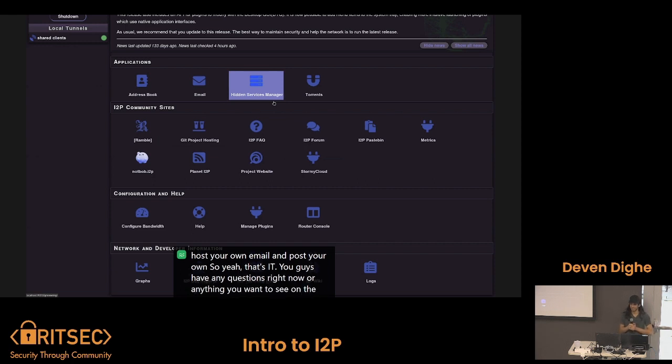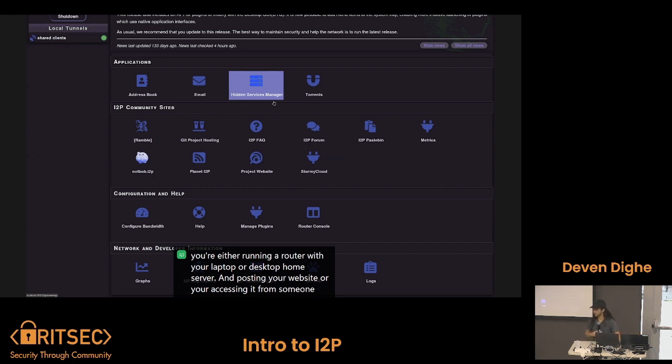Do you guys have any questions right now or anything you want to see on the I2P? Yes. Why isn't I2P more prevalent than Tor? So Tor is definitely a bigger network, but also with Tor you can access ClearNet sites. So you can go to espn.com on Tor. You can't do that over I2P because there are no exit nodes. So everything that you can access through I2P lives on I2P. So you're either running a router with your laptop or desktop home server and hosting your own website, or you're accessing it from somewhere.